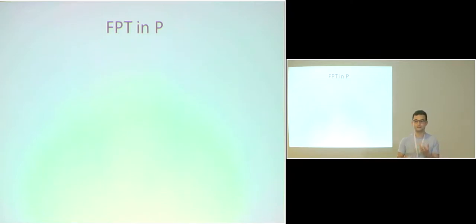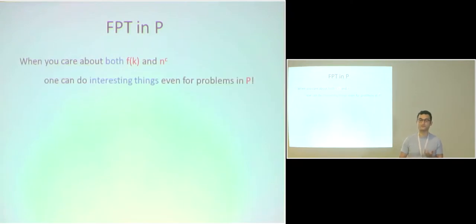You can now do this for problems that are solvable in polynomial time as well. Because if the best algorithm for your problem has running time n cubed, but for some reason you could expect that some parameter k in your instances is small, then f of k times n to the c